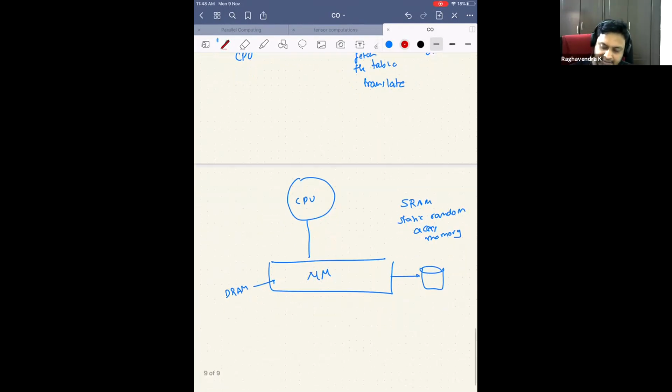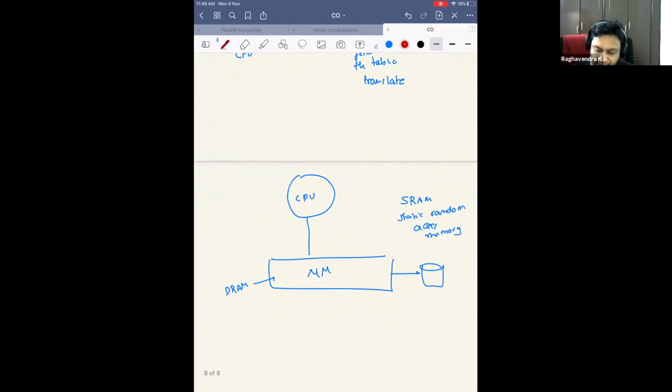See, the idea is that the word actually suggests that static is inferior when compared to dynamic. Dynamic means it is better than the static RAM, right? Static means it is somehow static, dynamic means it is dynamic in nature, so it must be better. It's actually wrong. The SRAM is much better than DRAM. The reason is that SRAM, once you store something, remembers it forever, unless you switch off the power.